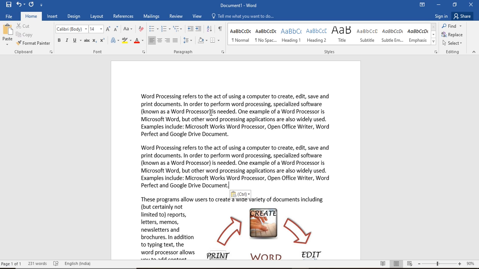Third operation is undo and redo operations. As the name suggests, undo. What is undo? Undo means to undo the things that we have done. The things that you have done just now, before saving, and you don't want to keep those things in your document. So what we will do, we will undo that operation.